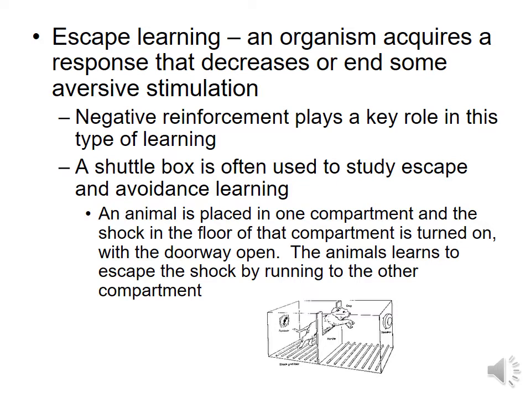In escape learning, the animal is going to be negatively reinforced. In other words, it's going to increase the behavior to avoid something aversive. So the floor of the cage is slightly electrified. The researchers can run a shock through the gridded floor, causing discomfort to the animal. The animal is on the left side of the shuttle box, the floor is electrified, and the animal will search and scramble trying to find a way out. When it finds the small partition, the open door, window type thing, it's going to jump across the partition